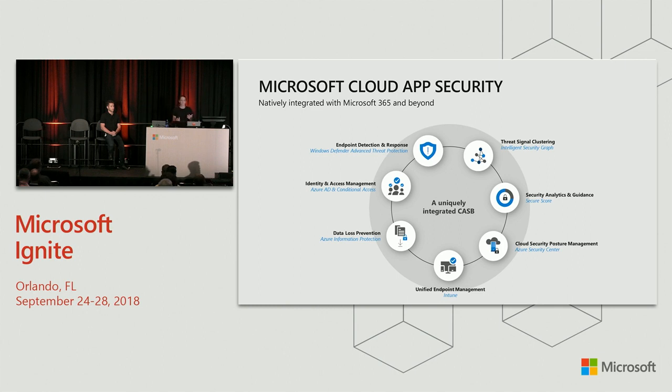The first thing that I want to start with is why Microsoft Cloud App Security is different. Of course, there are several choices of cloud access security brokers out there, but we really think of our solution as a uniquely integrated CASB solution. That's because we get to leverage the broader Microsoft security offering that we have, and we get to natively integrate with them. So while we may have the seemingly same capabilities that other CASBs have as well, ours are natively